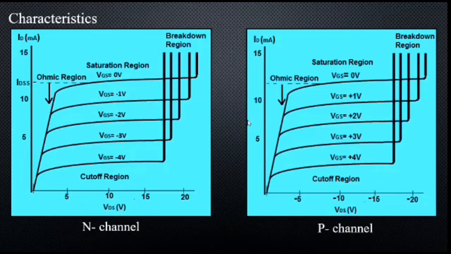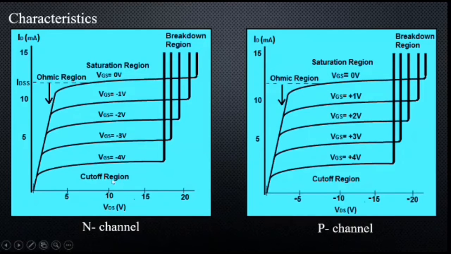There are multiple regions in the transconductance curve and they are ohmic region, saturation region, breakdown region and cutoff region. In the ohmic region, for the N-channel JFET, the JFET acts like a voltage controlled resistor where the current flow is controlled by the applied voltage. In the saturation region, the N-channel JFET is in on condition and active as maximum current flows because of the gate source applied voltage. In the cutoff region, there will be no drain current flowing and thus the N-channel JFET is in off condition.